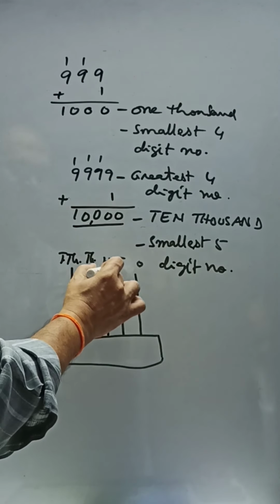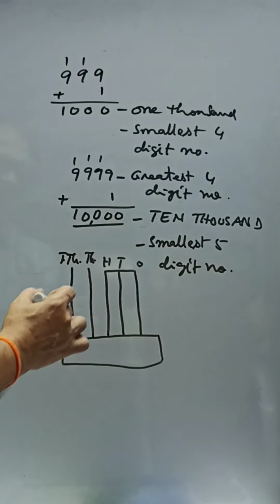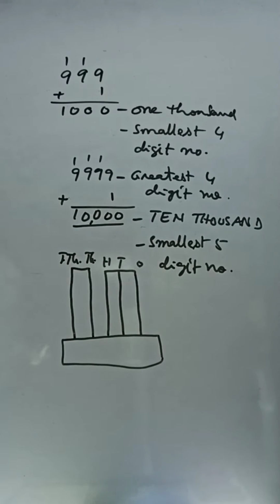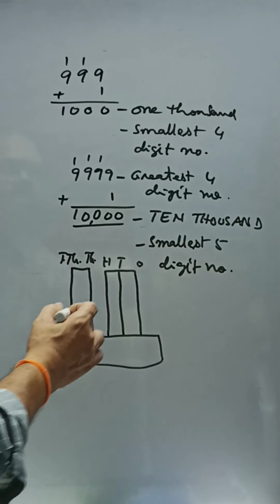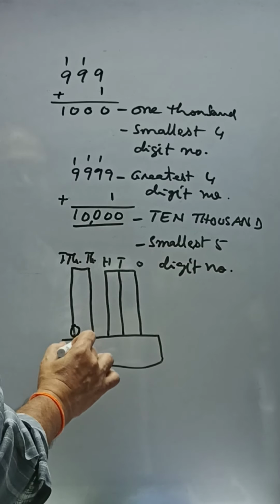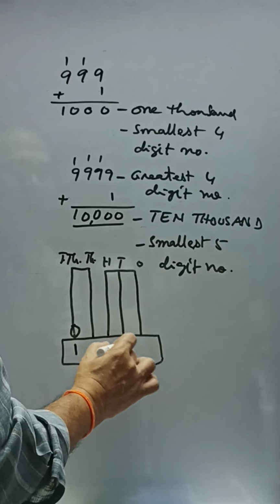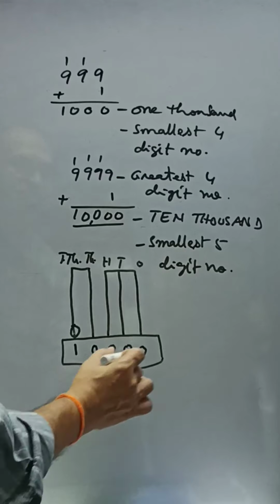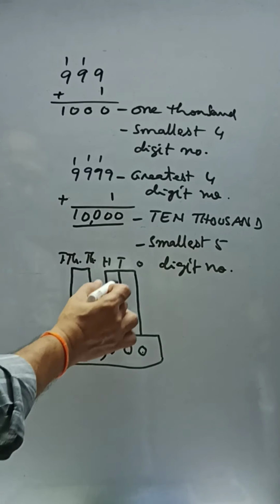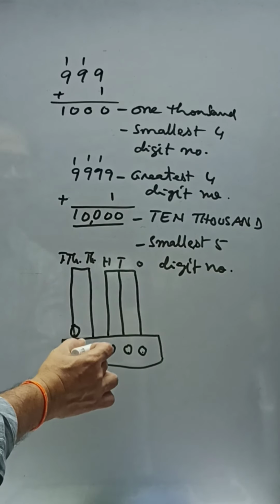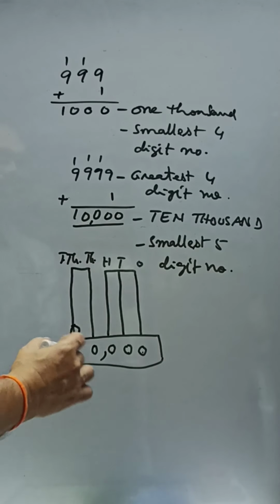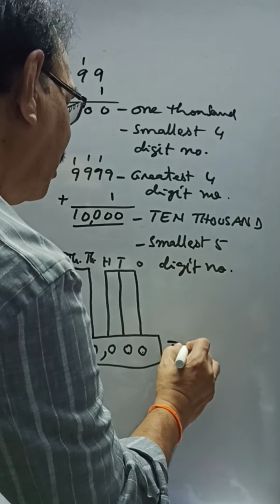So up to ones, tens and hundreds, this is called ones period. This is called thousands, and 10,000s together is called 10,000 number. So one bead I am drawing here and no beads here. So 1, 0, 0, 0, 0. Ones place, tens place, hundreds place, we will put a comma separating ones period and 1000 period, and 0 and 1. This is called 1000 period, this is called 10,000 period. Together the number is read as 10,000.